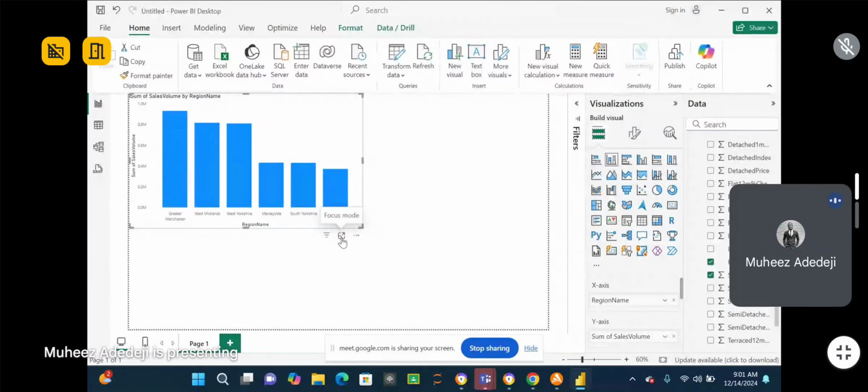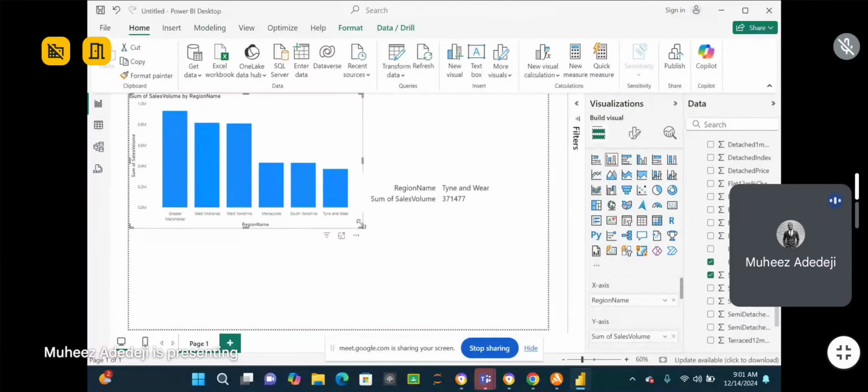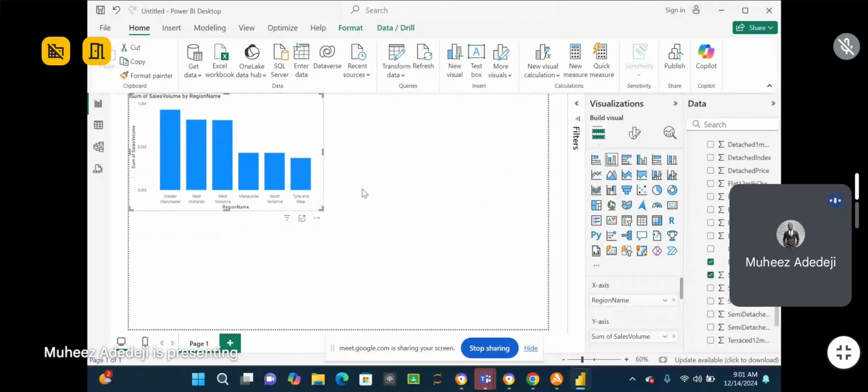What did you click to go to focus mode? This icon right here. Okay. Once you click on it, it's going to expand it. Then back to report. If you really want to change the size of your visual,